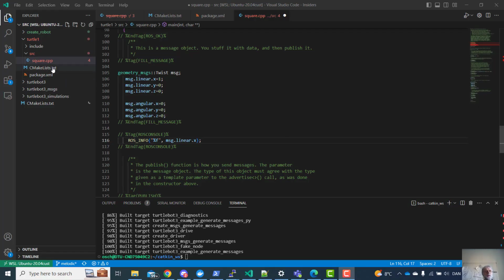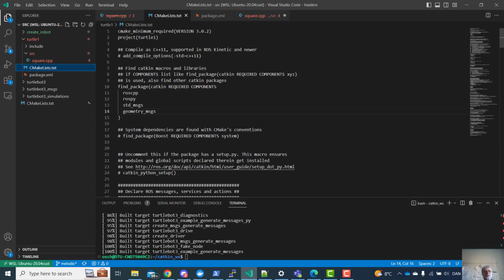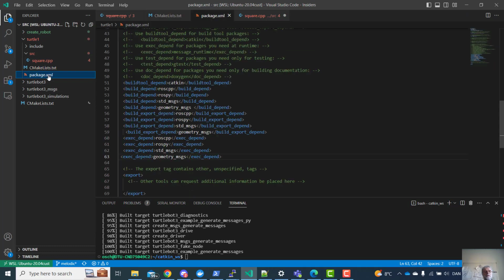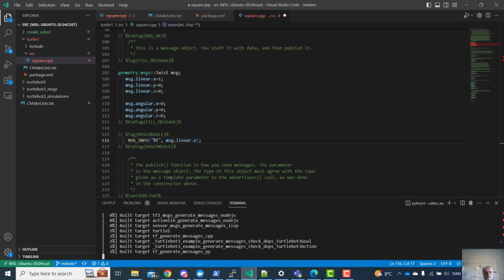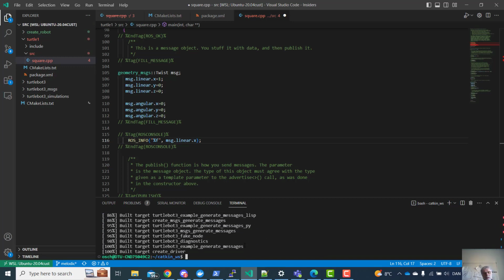So now we have added the geometry message here, and we have added the geometry message here in the package. And lastly, I have changed this to be more proper because it is a 64-bit value, and the specifier for that is float. So if I then say here Catkin make, then it is built,